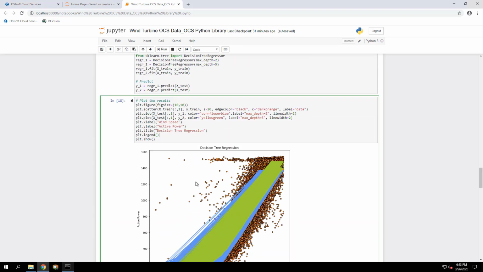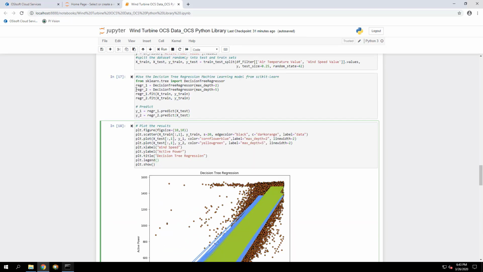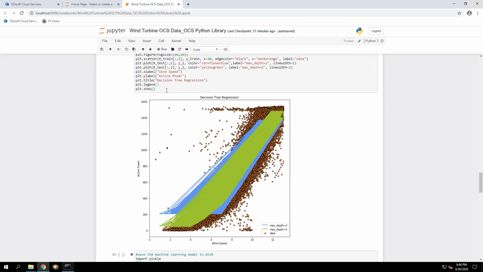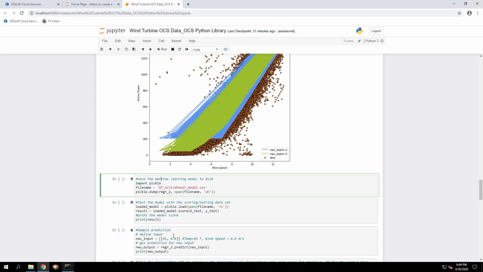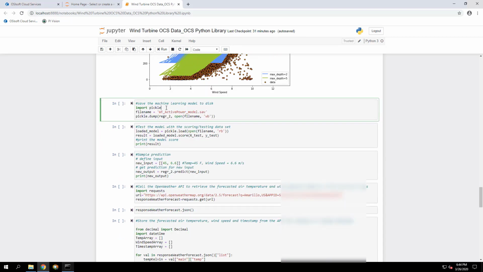One thing we can do is save that model in a file so that later on you'll have that model. It becomes like a function or an equation which you can call if you want to do predictions in other scripts or on other machines and so on. So it's good to save the model once you're comfortable with it. We're going to use a library called Pickle. This library allows us to save a machine learning model in a file so that you can call that model again and just use it as a function after that.